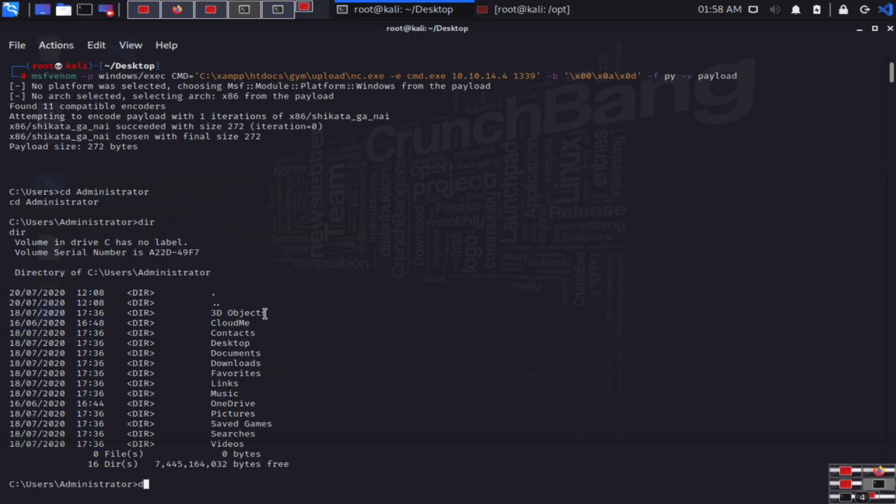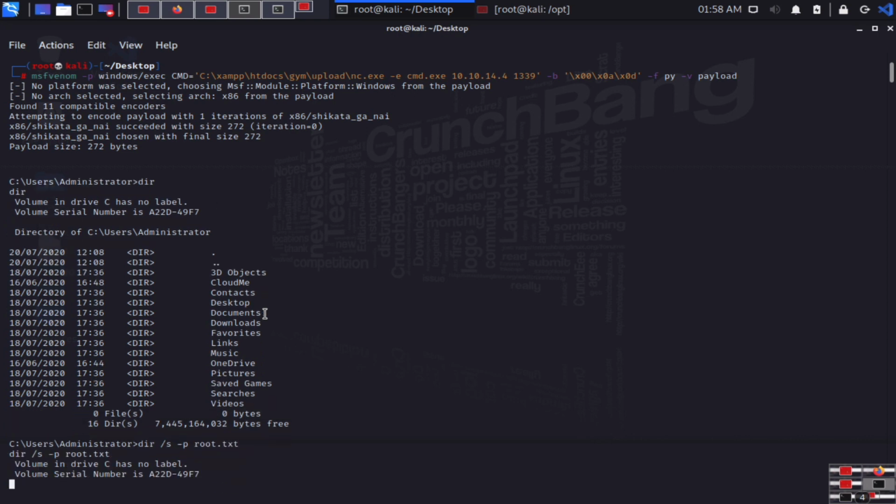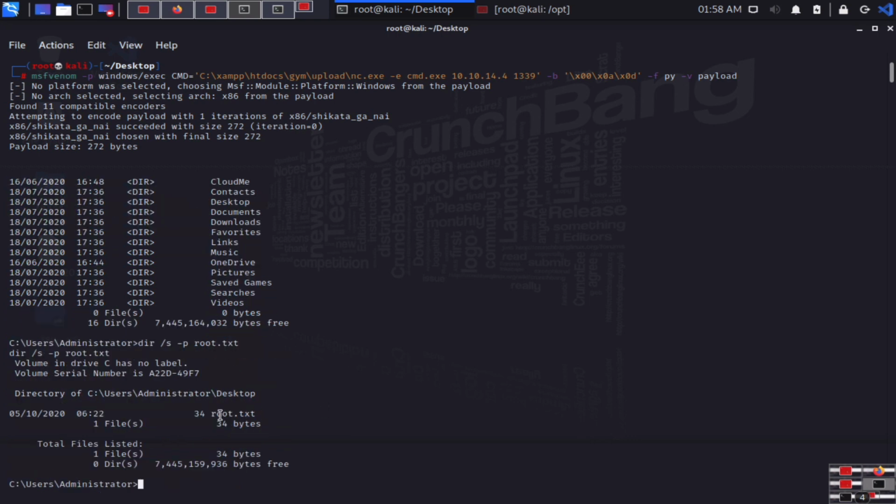Otherwise you can simply search with dir /s /p root.txt, enter. Okay, you can see we have a root flag available under this location.